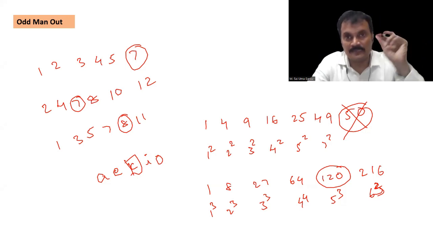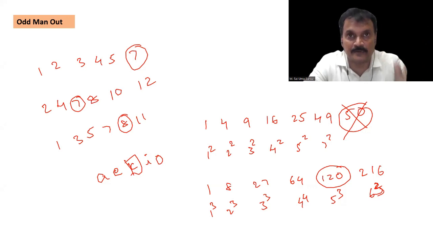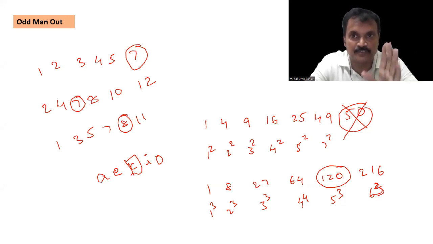Now, what is the odd man out? This is a part of number series. Odd man out is a part of